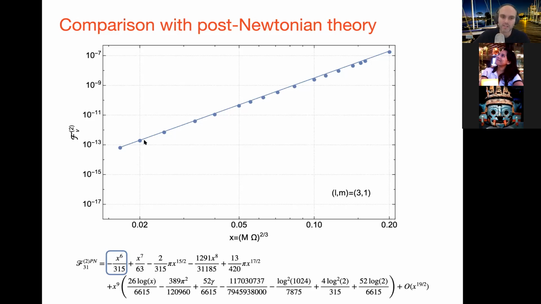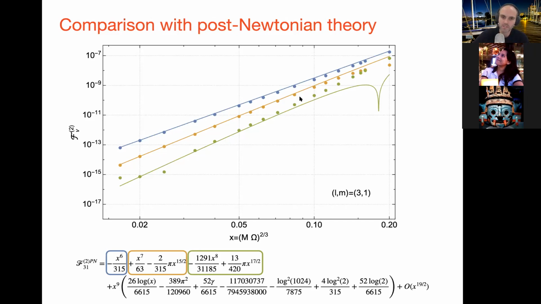So I can now subtract our data from the analytic prediction and hopefully find something subdominant underneath. You can go ahead and do that. And indeed, when I subtract the blue dots from the blue curve, I get the yellow dots. And then I can repeat this game. So now I've got the yellow dots, which show the difference between our result and the leading PN result. I can then subtract off the next 2 terms. It turns out to be useful to think about the next 2 terms. I've plotted that here as the yellow line. I can subtract those 2 again. We're starting to see, again, nice agreement.